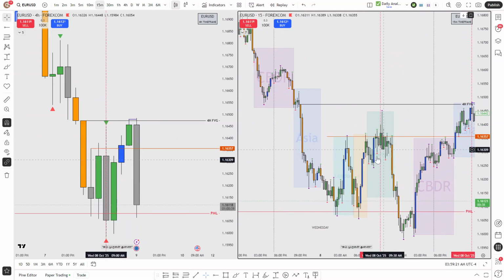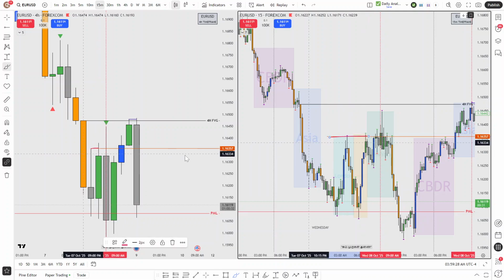this is the area where we took the paper trade. See, this is the New York session. The New York session has taken out the London session high, and it has taken out